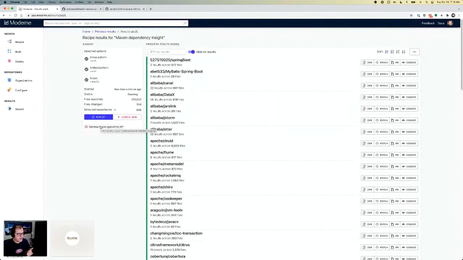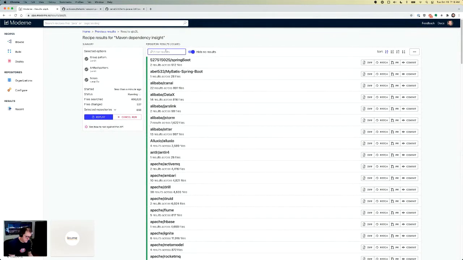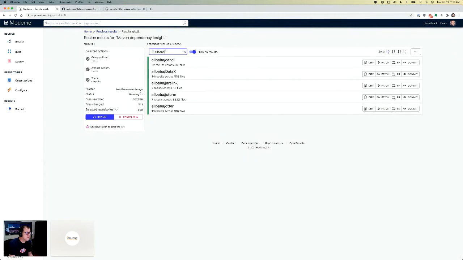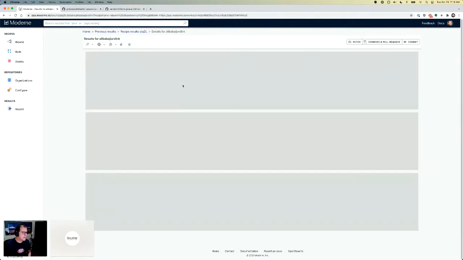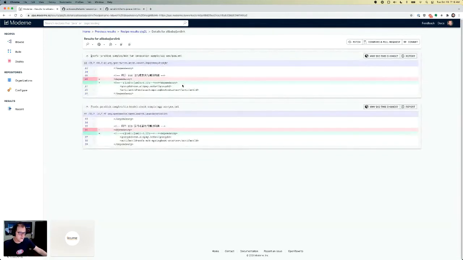Obviously, you wouldn't want to have JUnit in your compile scope. That's generally a bad thing. And again, we'll just look at one of these. I'm picking on the projects that happen to start with A because they're closer, but I'll try to pick some other ones so it doesn't feel like I'm picking on the same people all the time.